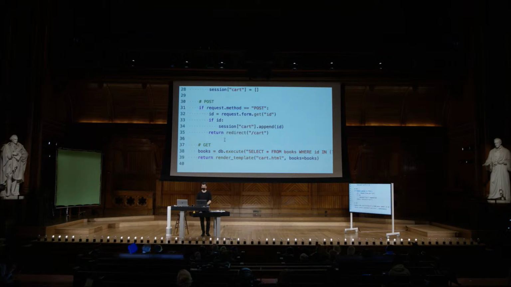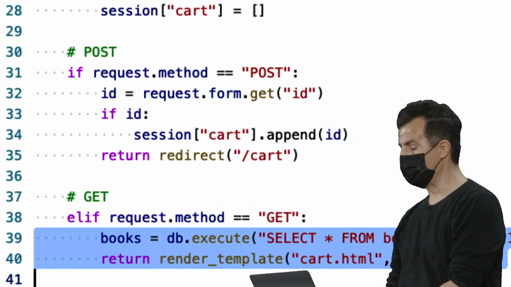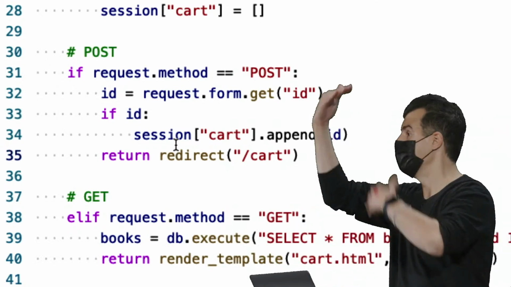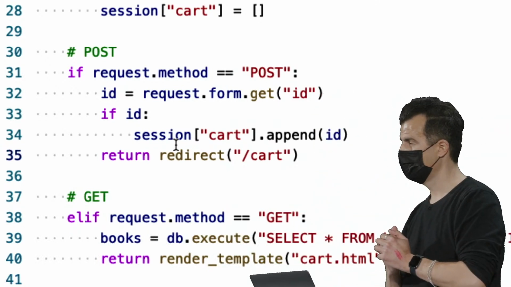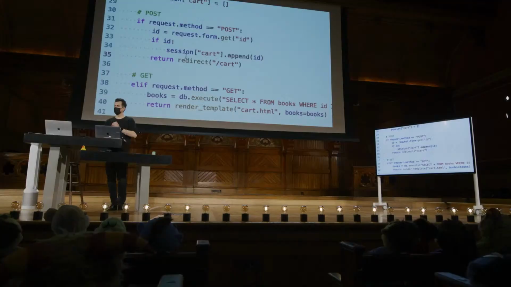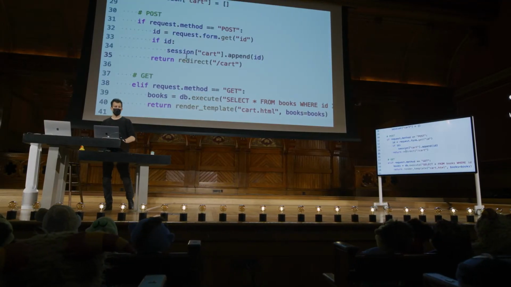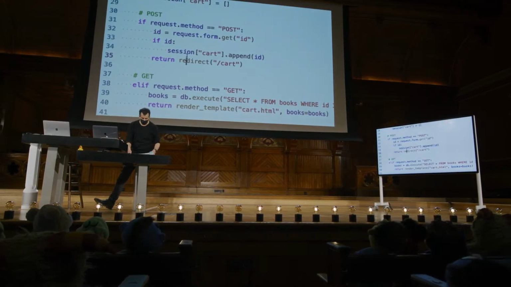If I really wanted to be pedantic, I could do this. elif request.method equals get. This would be more symmetric, but it's not really necessary because I know there's only two possibilities. Hope that helps. All right, let's do one final set of examples here that's going to tie the last of